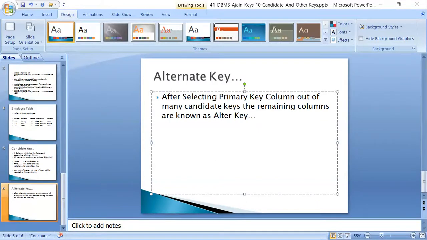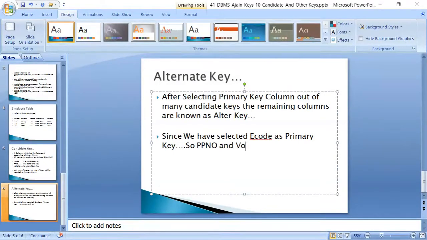Okay, so it means since we have selected E code as primary key, now passport number and voter ID will be called alternate keys.